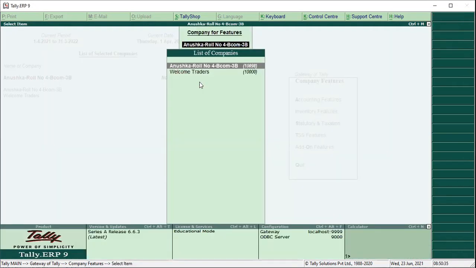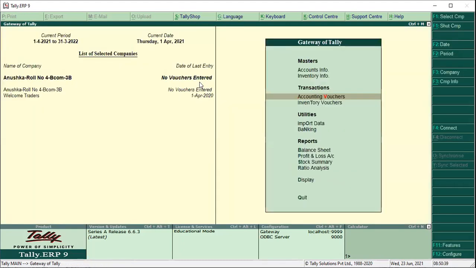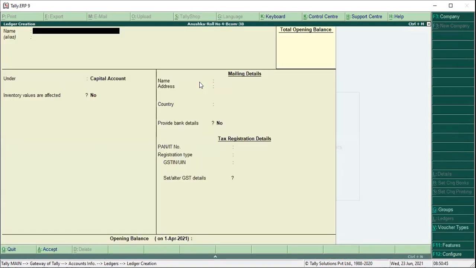So go to Gateway of Tally, press Escape. Now you have to create ledgers, accounting ledgers. First ledger you have to create is the sales ledger. There is only one sales ledger.